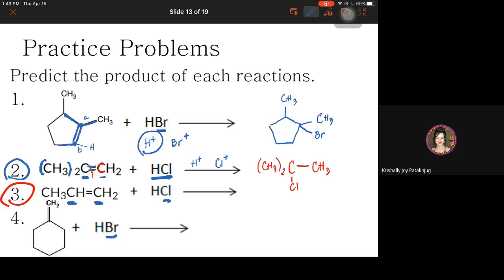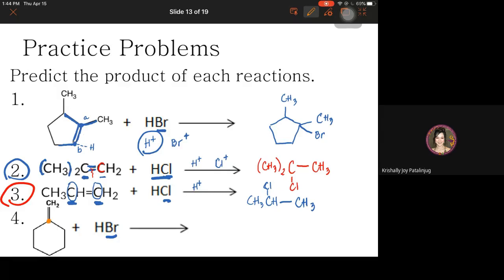two. Okay? Again, only the double bond carbons are involved in the reaction. Look at how many hydrogens each has. The H+ goes here. So the major product is CH3, then the Cl goes here, with one bond only, then CH3. Alright? Then for this skeletal structure, number 4,